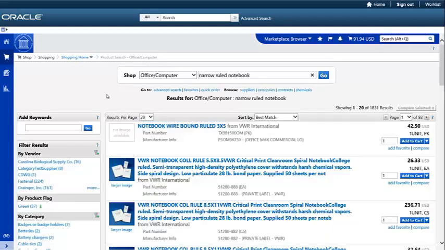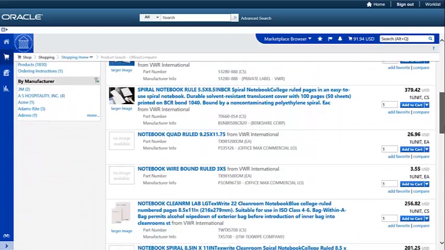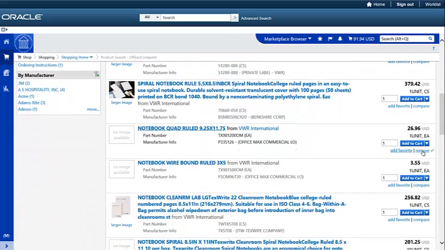Let's add the first item to our product comparison list. We'll scroll down the page and select another item to add to the product comparison list. Now let's click the Compare Selection button at the top to go to the product